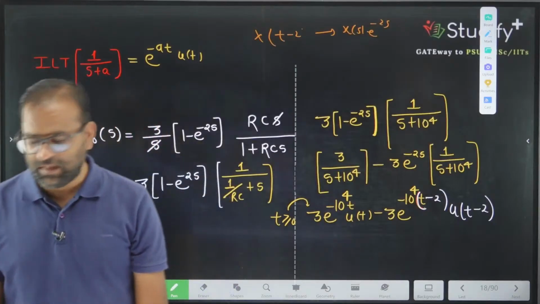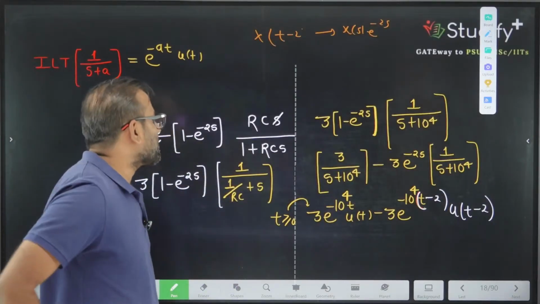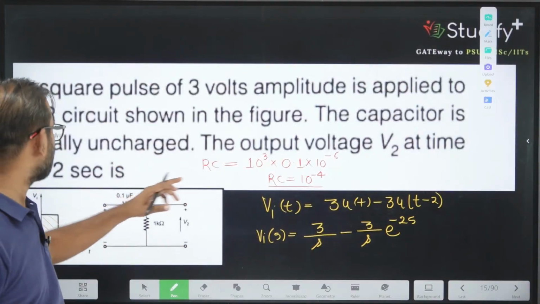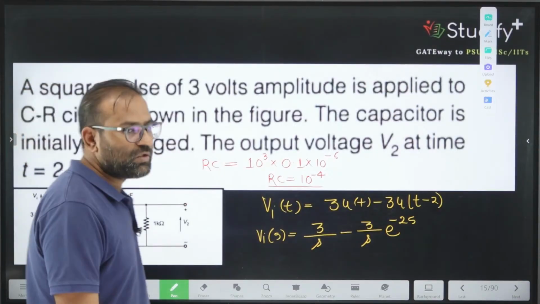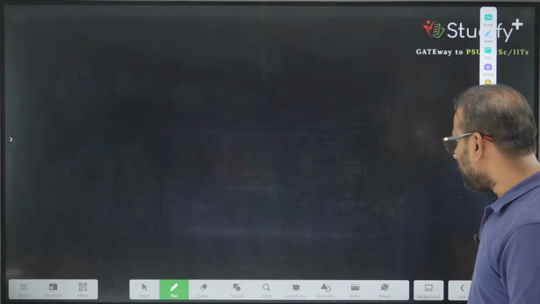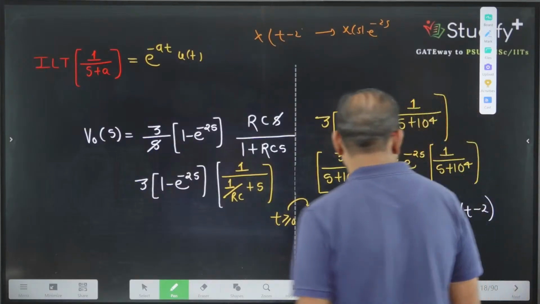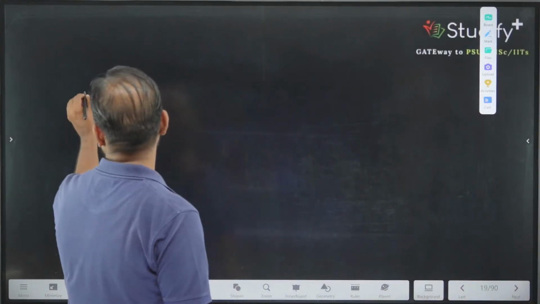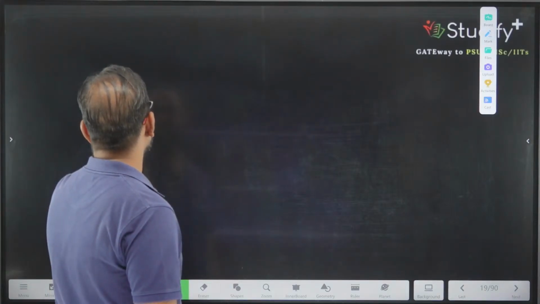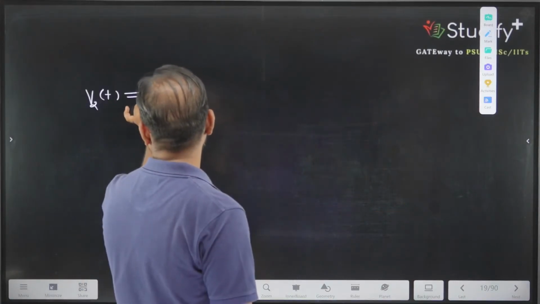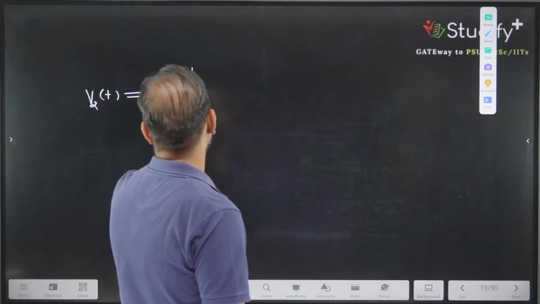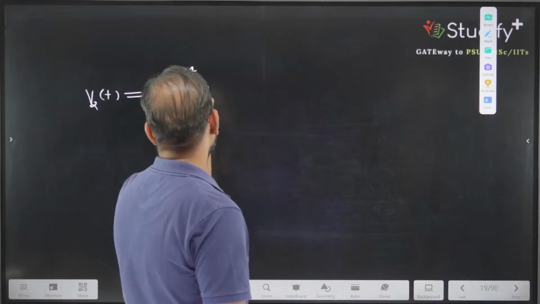Now, when you go to the question, what they are asking is the value at 2 seconds. Let's see what the value will be at 2 seconds. The voltage answer we have obtained, which we called V output of t, that value is equivalent to 3 into e to the power minus 10 raised to the power 4t into u of t,